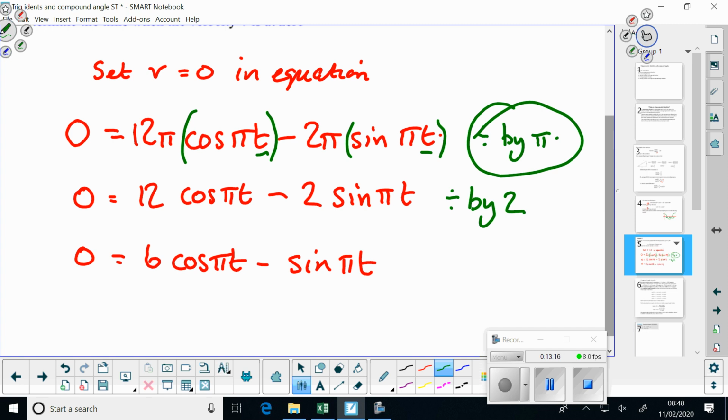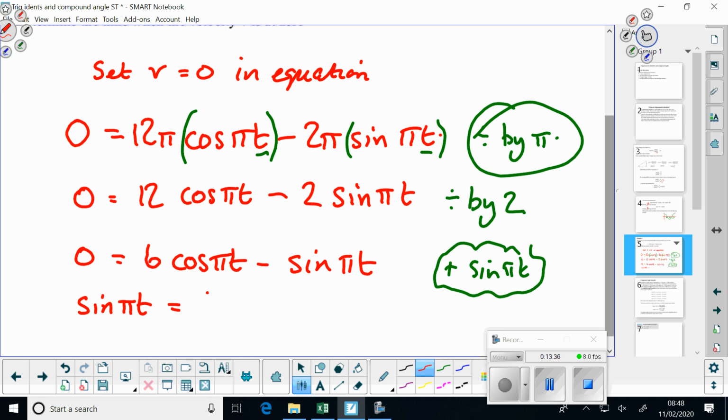So we add sine pi t. So we write on this side sine pi t is equal to